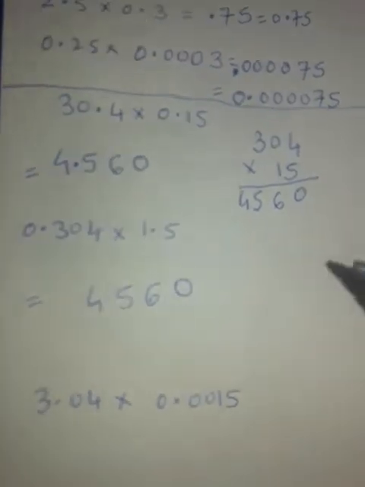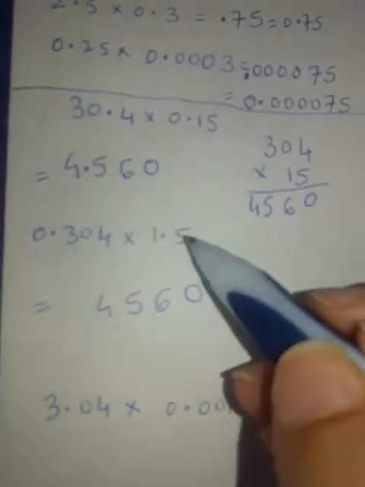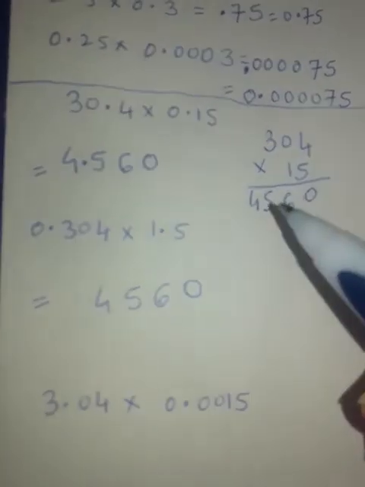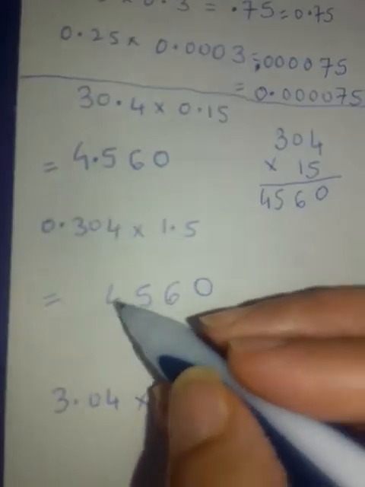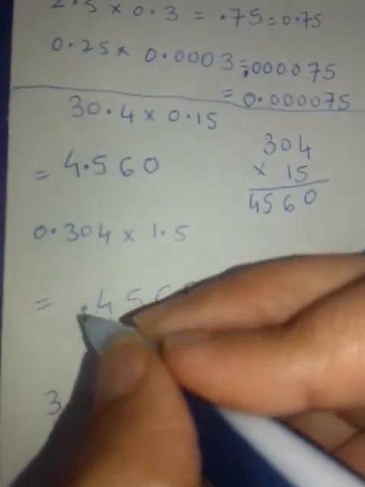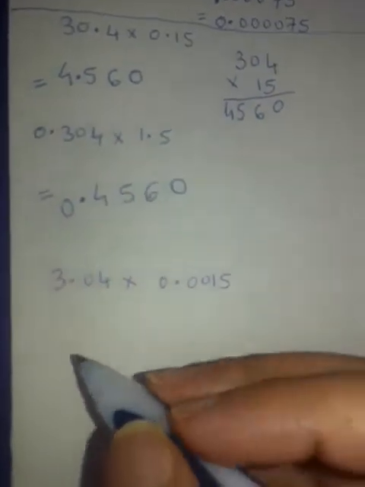4560. Where will be the decimal point? 1, 2, 3 and this is 4. In all there are 4 places. So start counting 1, 2, 3, 4 and give a decimal point here. Our answer is ready. Next,